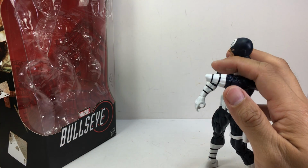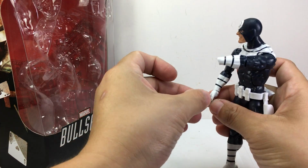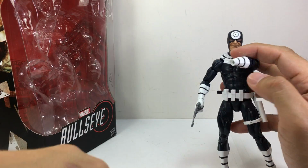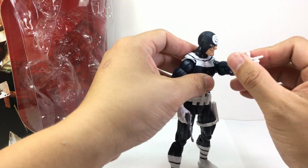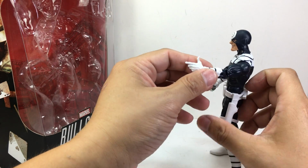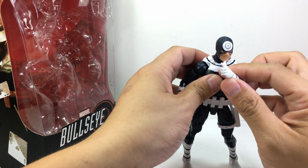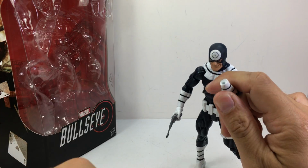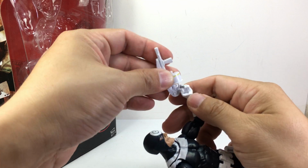So you can replace his left fist. That's the only one you can replace. The right fist you can't replace. The right fist is in a gun grip hand, and this one you can have him with that gun symbol, index finger and thumb gun shaped hand. You can do that, like, yeah, I'm gonna kill you, Daredevil. I'm gonna get you, Daredevil. And he also comes with another fist that's sort of like in a gun pistol grip, and you can have him grip